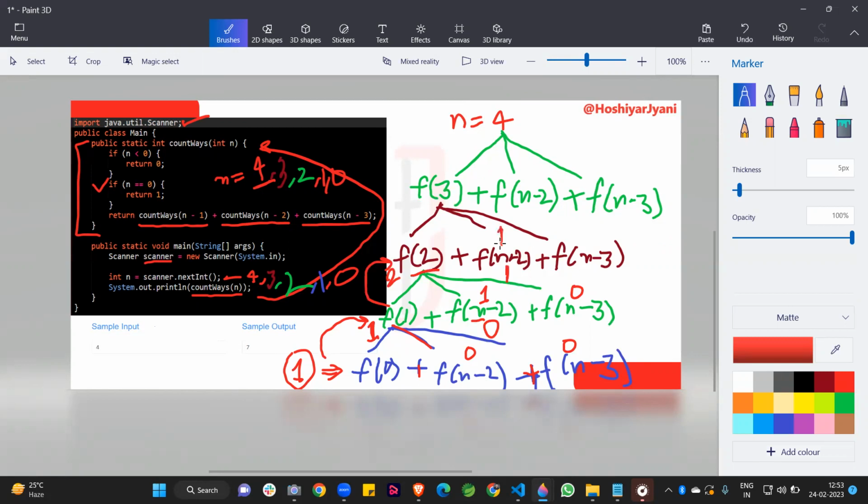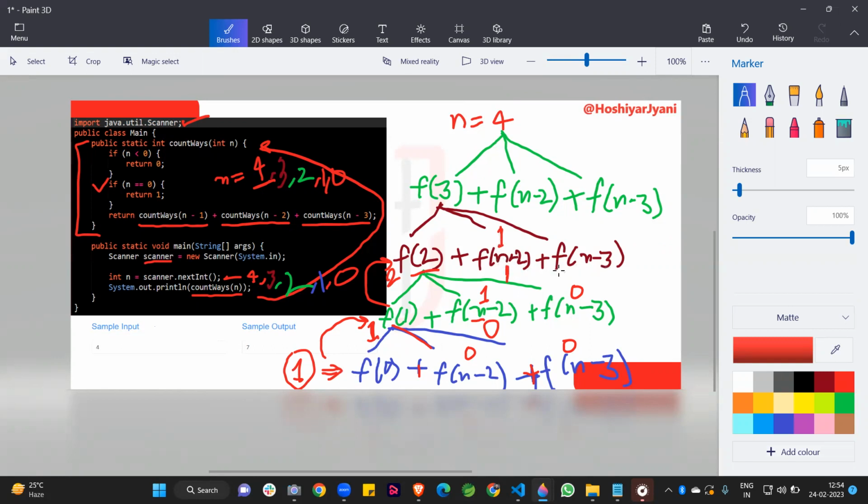And also you can solve it like f of 1, then it creates 3 lines for f of 0 and again 2 lines for these two functions, and then again recursive calls. So we already solved for the one. That's why I am writing the result here. After that, this is also solved.